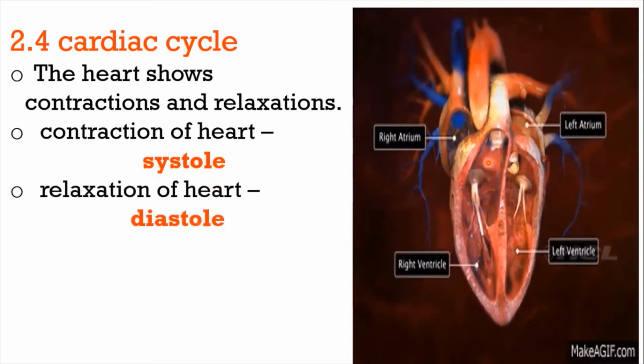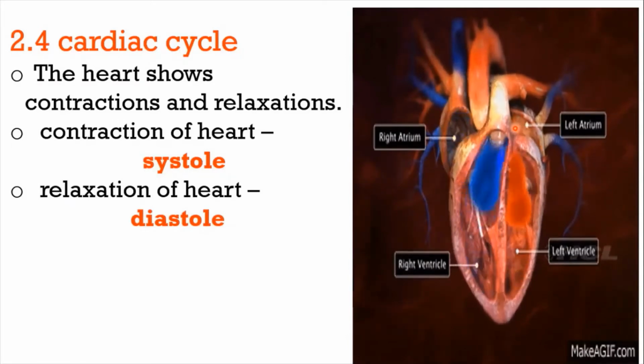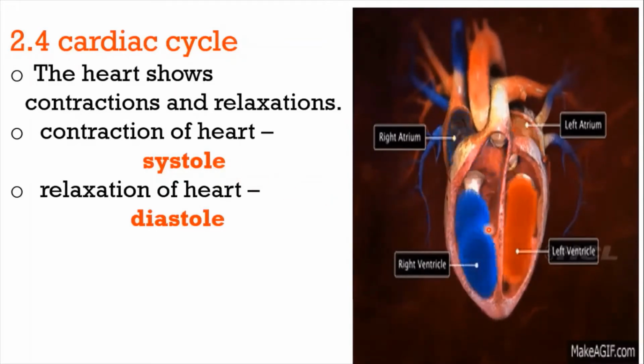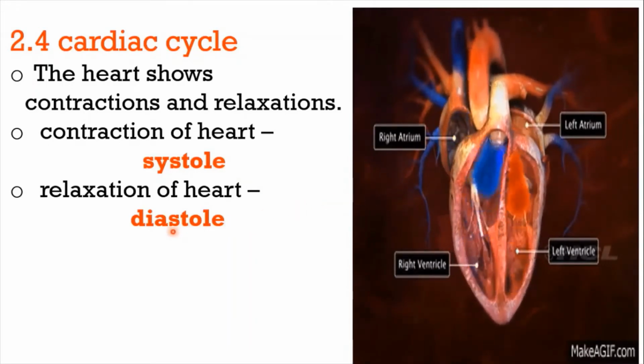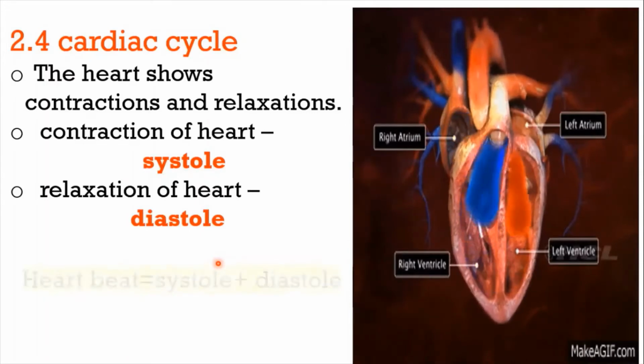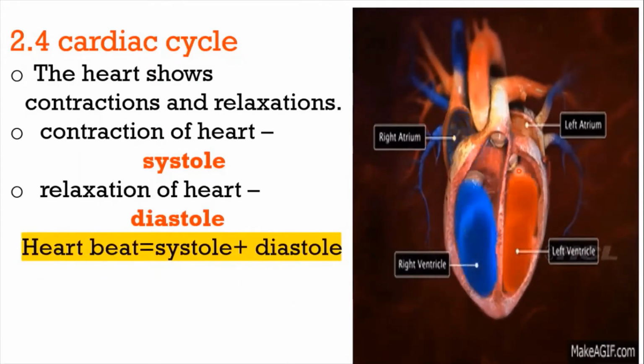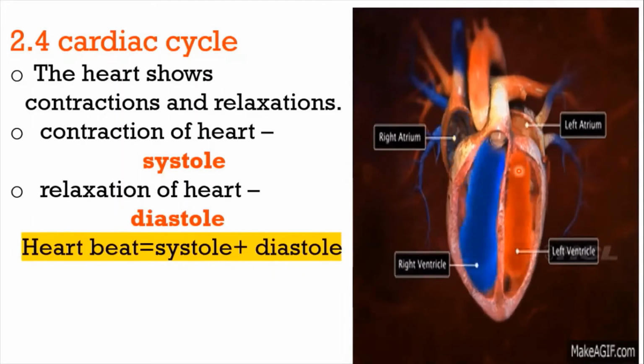When the heart contracts, it empties or pumps the blood out of it. When it relaxes, it is refilled with blood. That means during systole, it pumps the blood to different parts of the body. During diastole, it receives blood from different organs of the body. The pulsation of the heart, or the contraction and relaxation of the heart together, form a heartbeat. The human embryonic heart begins beating at around a month of embryonic development.